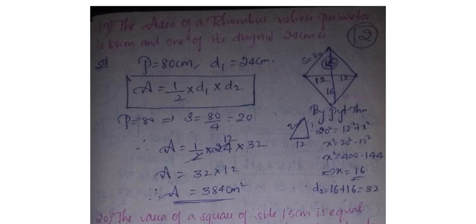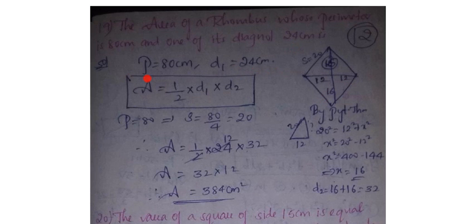Okay, what is the formula related to the area of the rhombus and the diagonal? Area equal to half into d1 into d2. In the previous class I told you one more formula regarding the diagonal and the area. If they have given only one diagonal, area will become what? B into h, that is base into height. When should we use the base into height formula? When they have not given any diagonal. But in this question they have given us one diagonal value, that is 24 centimeters. Then there is no need to use the base and height formula, because here they have given one diagonal value.